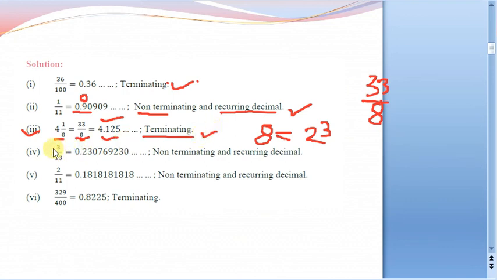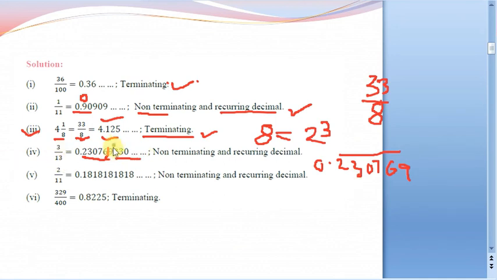Now let us move to the fourth one, 3 by 13. Just to perform the division, you will find that it will be 0.230769, 230,769 like this. That means this block of 230,769 it will keep on repeating. That means can I write it as 0.230769 with this entire block repeating? So that is going to be the decimal expansion for this 3 by 13.